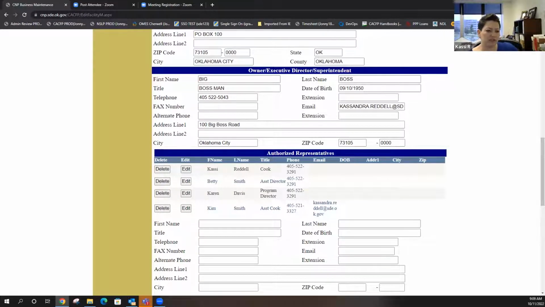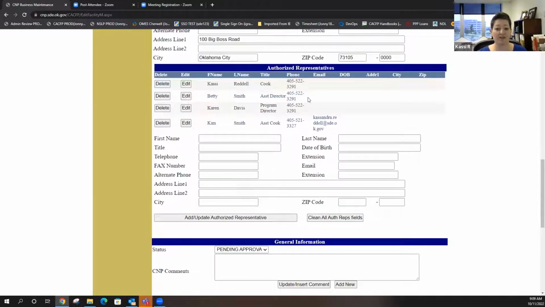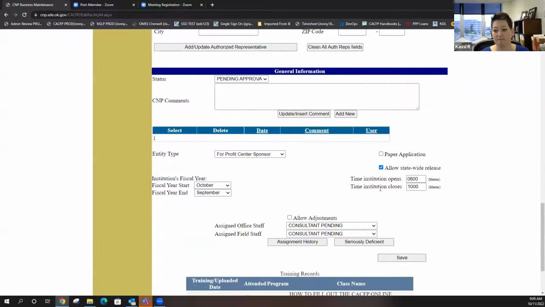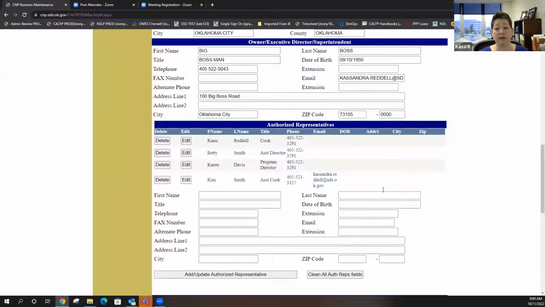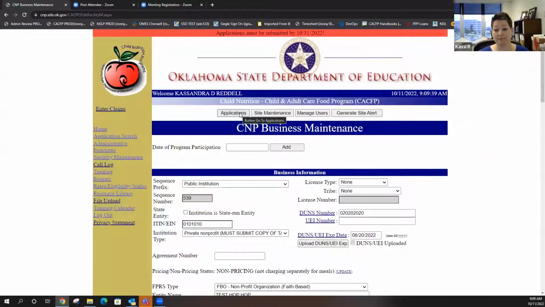Where do you put your information as a sponsor? Okay, so you would put your CFO right here. If you're a nonprofit, it's going to be your CFO, CEO, executive director. That's why I say you guys all use different terminology, but it's just that main person who's in charge. And then list everyone else down here. And by the end of the year, we hope to have it where everybody will get emails and we will not have that confusing debacle when we send out mass emails. Any questions on this page? That's really the biggest change on this page. Just making sure we know who the person is that we need to contact when it comes to CACFP.